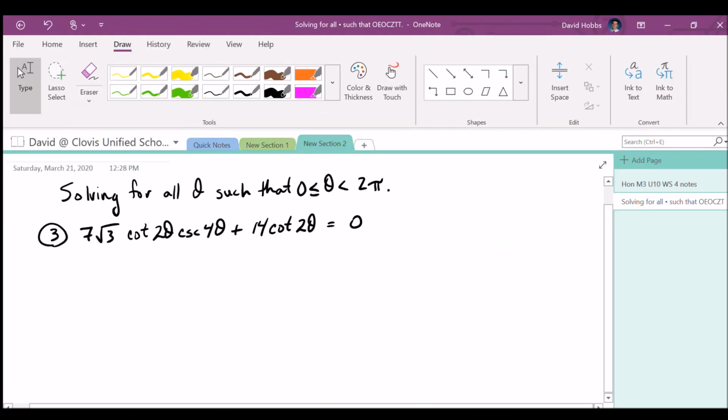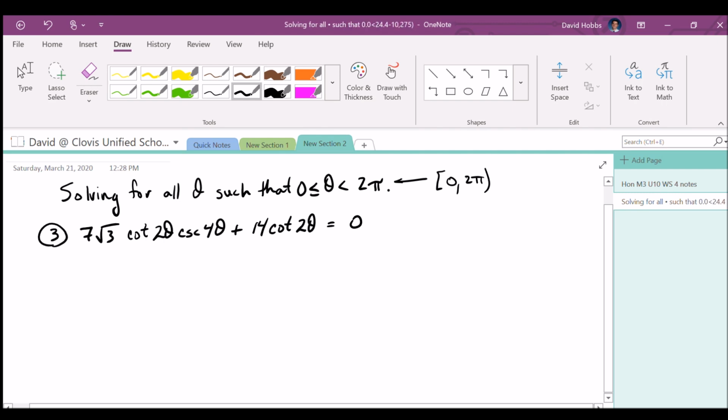Okay, continuing on with our notes, we're not going to be doing any graphing right now, we're just doing the analytical solving. So solving for all theta such that theta is greater than or equal to 0 and less than 2 pi. You've seen directions like this before. Obviously we did it with the graphing part too. It could also be written like this,